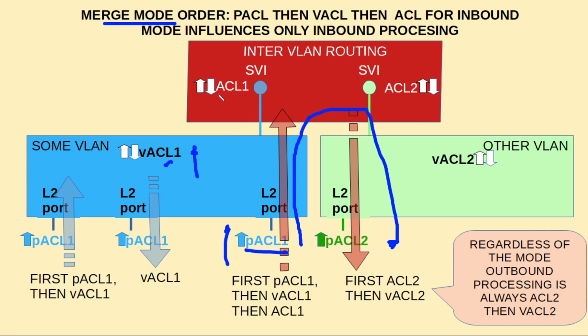Then we are going to analyze the access control list number 1 for this SVI in the inbound direction. Then we are going to analyze this access control list number 2 in the outbound direction. And finally, we are going to analyze the VLAN access control list 2 for the green VLAN in the outbound